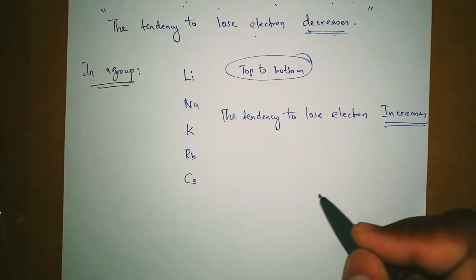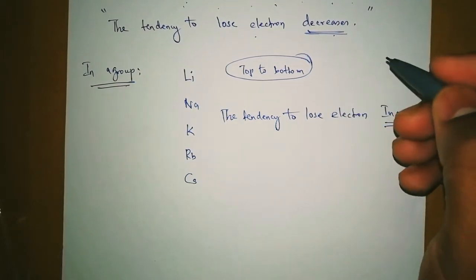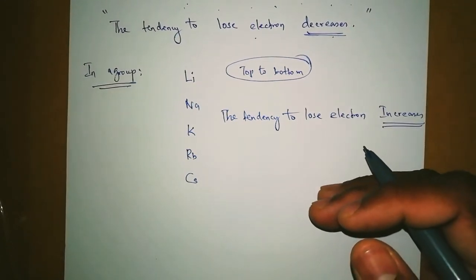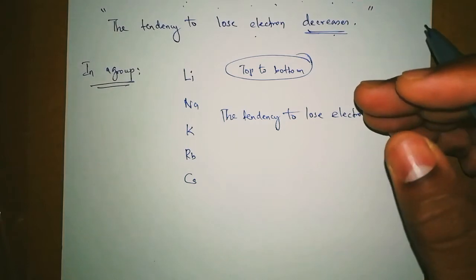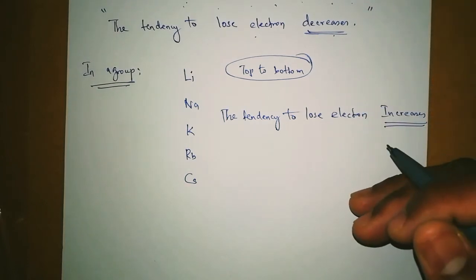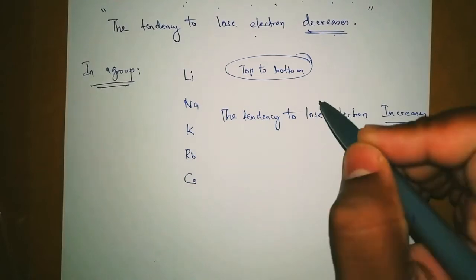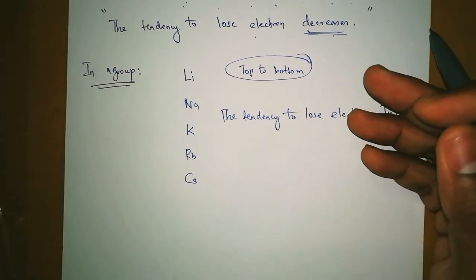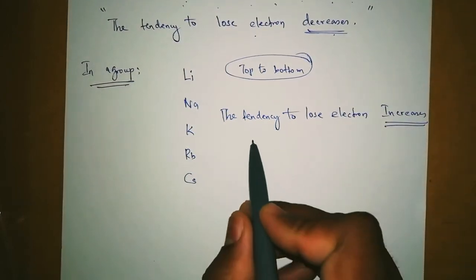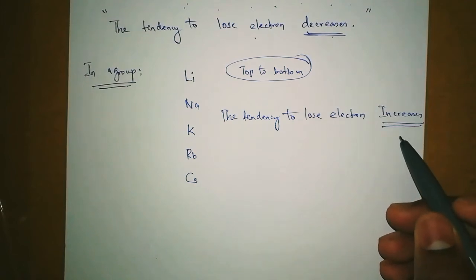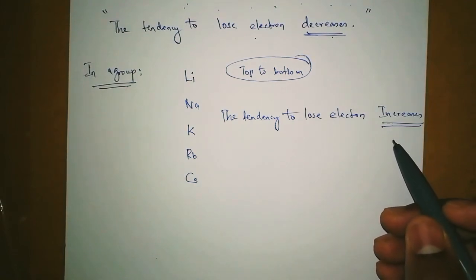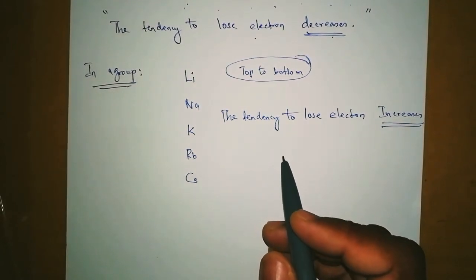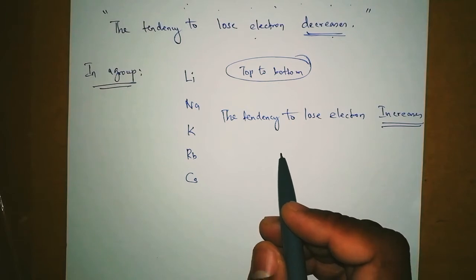So outermost electron are farther away from the nucleus. So down the group, so you can see that atomic size increases by going down the group. Therefore, the effective nuclear charge experienced by the valence electron will decrease. So automatically the tendency to lose electron increases. Clear, all of you? Right. So that is why we name this property. You all know that metal has a property electropositive in nature, right?